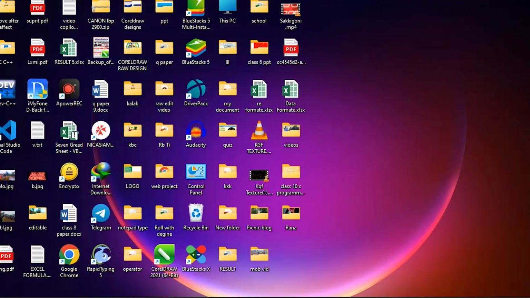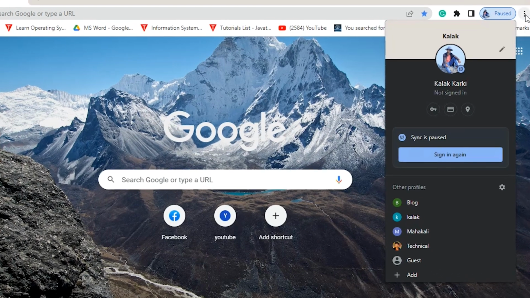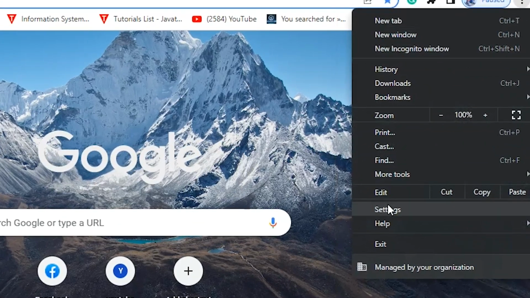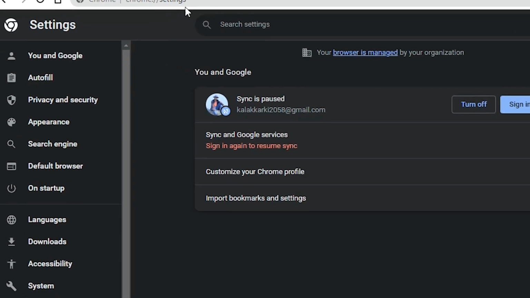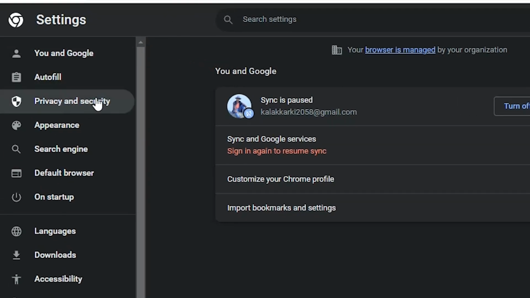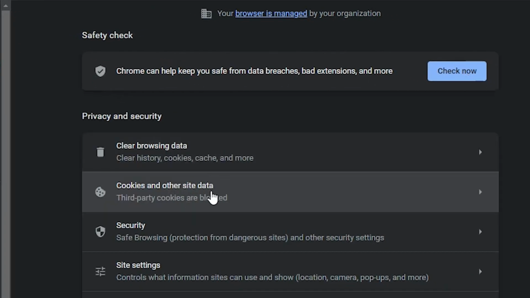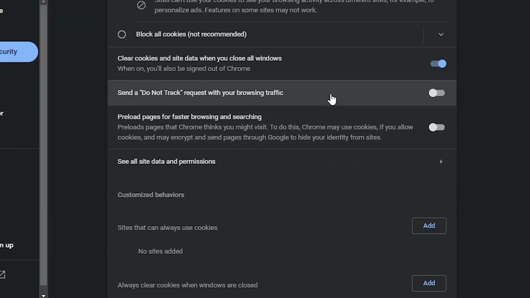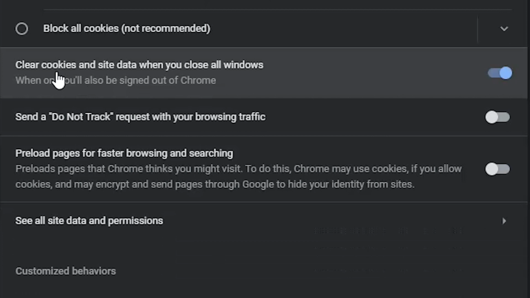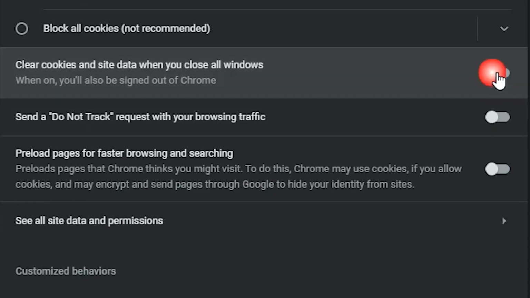Okay, at first open your Google browser Chrome. Click here and go to the three dots and click on settings. And here you will see privacy and security. Click here and go to cookies and other site data. And here, clear cookies and site data when you close all windows. Uncheck this button